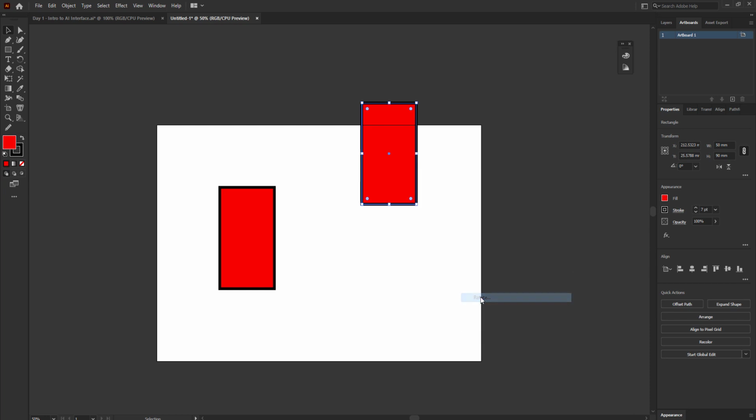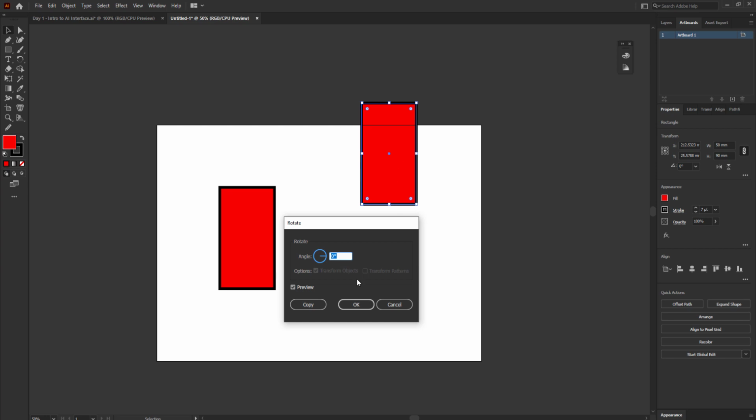After move, we have the rotate. If I want to rotate this shape, all I need to do is select the Rotate command. After I click on rotate, it's asking me what angle do you want to rotate this object to. Let's rotate it at something like 122, and I click on